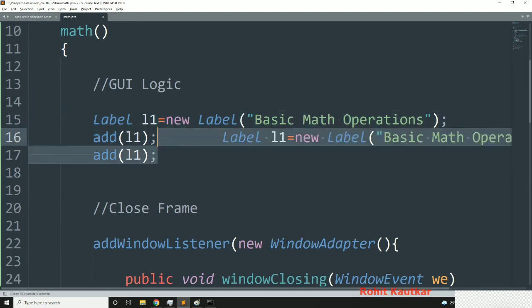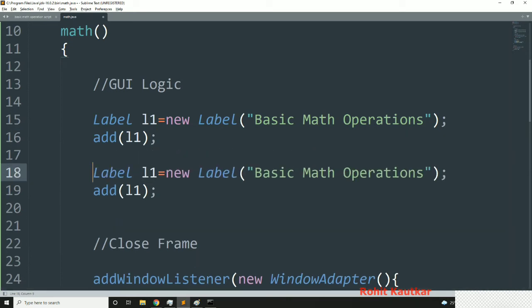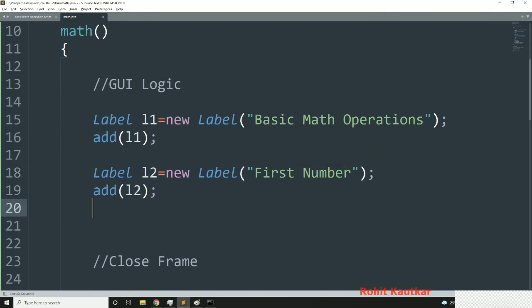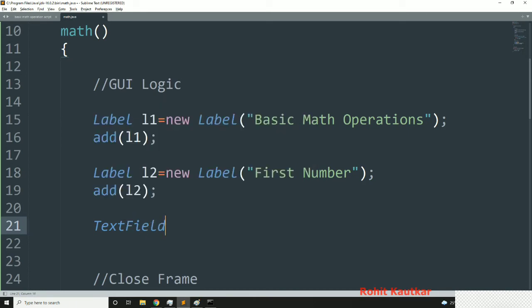So this will be L2, and here I will write first number. Okay, and we will add that L2. Now next to this I will create one text field. Let's say TextField T1 is equal to new TextField like this.